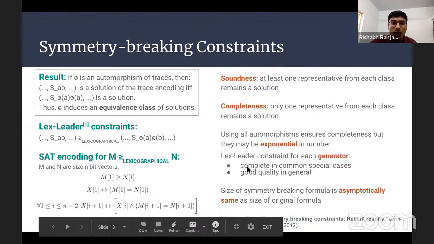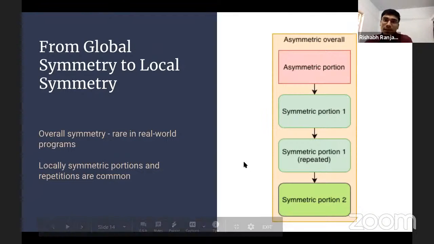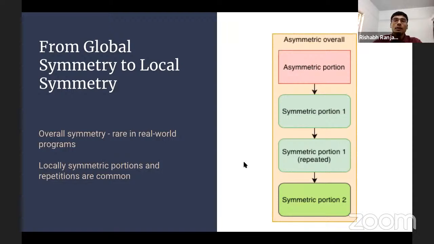And because of this use of generators and this encoding shown on the left, the size of the symmetry breaking formula is asymptotically the same as the size of the original formula. So we are not adding a lot of bulk to the formula. Now, these things work well for simple theoretical cases, but in real world programs, we do not really have overall symmetry very often. You'll often see things like there's an asymmetric portion, and then it flows to some other symmetric portion. Then it might be repeated due to the